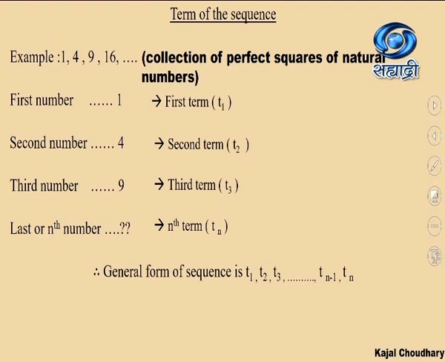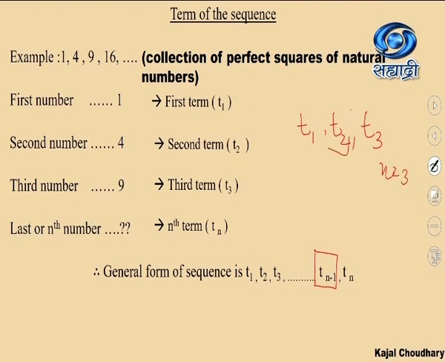Now if you observe Tn minus 1 which we are talking about, this particular term is going to be the second last term. In order to make this understood, suppose we take the terms as T1, T2, T3. I am just taking 3 terms right now to make you understand what Tn minus 1 means. If we have a sequence having only 3 terms, then if you check the last term, here n will be equal to 3.